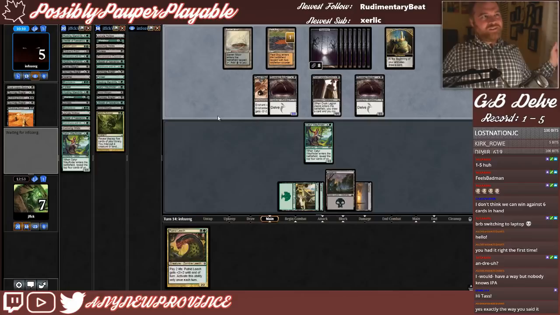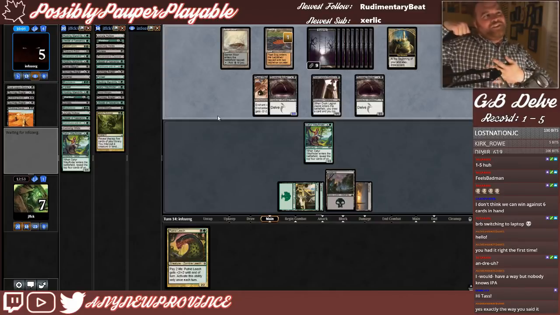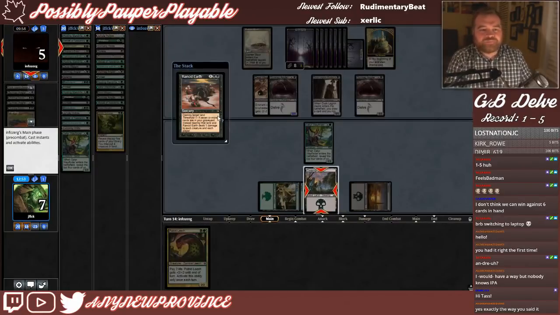Nobody knows IPA. Oh, like the pronunciation? I think Tass does. Tass always links these Wikipedia posts with pronunciations of things because there's a word that I allegedly pronounce wrong all the time. It's a heated debate in chat, so I won't mention what word it is. But Tass has on occasion linked a...